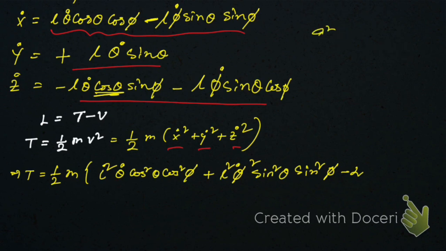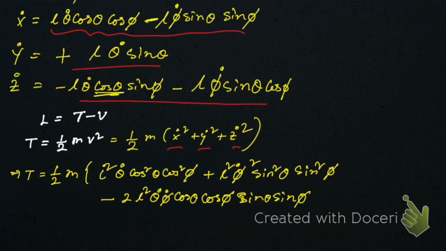We have used this one here. Okay, so then minus 2 L square theta dot phi dot cos theta cos phi sin theta sin phi, then plus